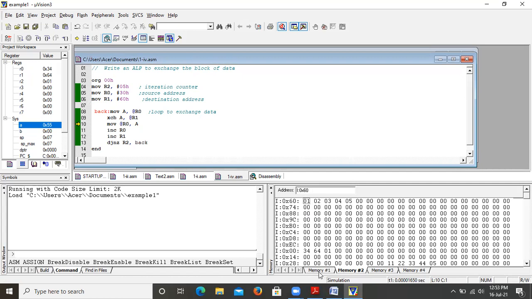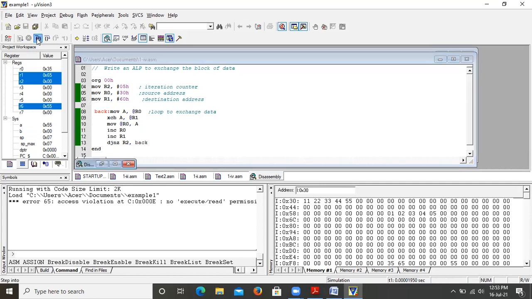Whereas what should be the source values now? It should be replaced with 11, 22, 33. Okay. So source is replaced with the values. So one more step is there. So 11, 22, 33, 44, 55 in the source. In the destination, 1, 2, 3, 4, 5. Okay. So what we have done, we have exchanged the values from source location to destination location. After exchange, values will be changed in both the locations.